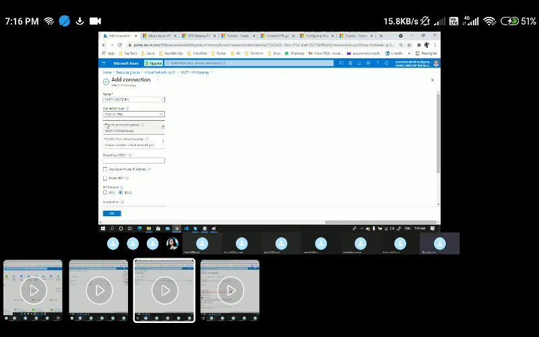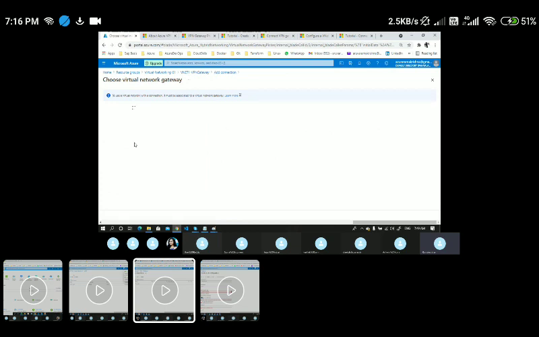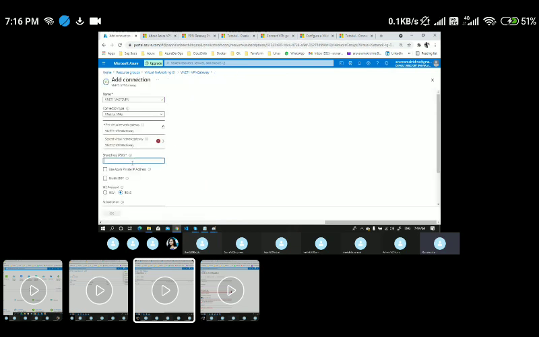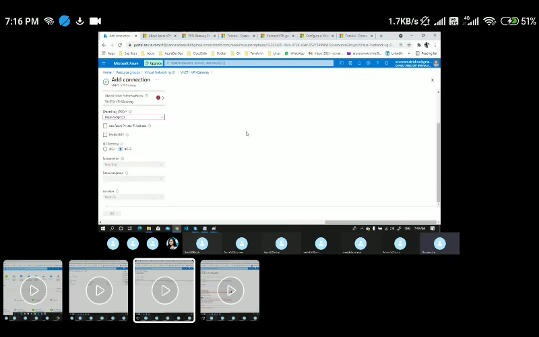Since I'm already in VPN gateway 1, it is selected by default, and here I need to choose the second VPN gateway. I need to pass a key, let's say password@123. And the rest of the details I'm going with the default.